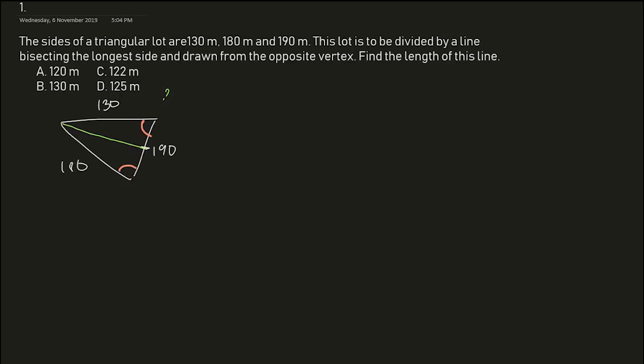And to do that, I will use law of cosines. So, I will set this first as this is my A, this is my B, and this is my C. So, I will find angle, let's say angle B. I will choose to find angle B. So, solving for angle B, that would be equal to A squared is equals to, joke lang. Sorry, angle B pala. So, that would be B squared is equal to A squared plus C squared minus 2AC